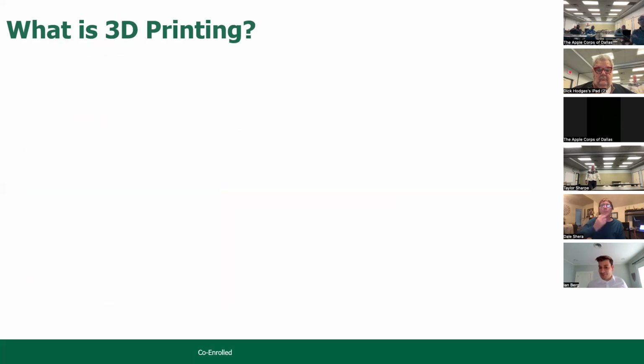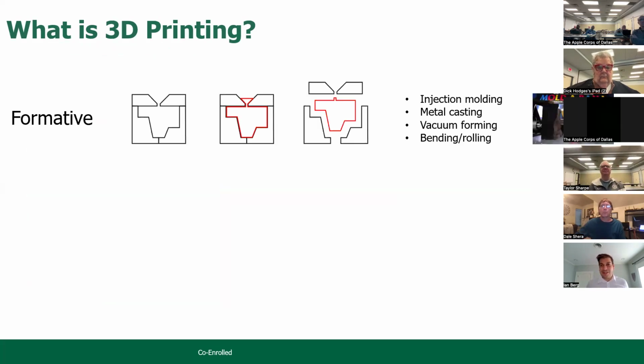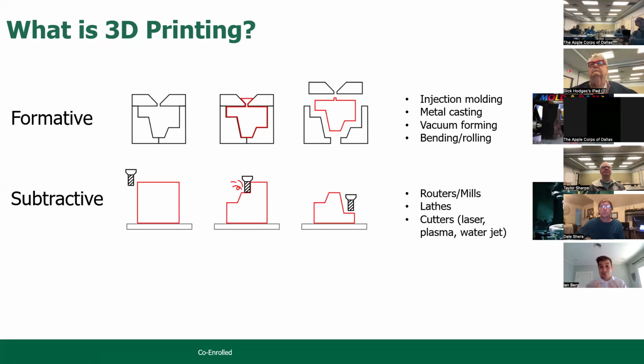So what is 3D printing? And apologies if anything here is stuff that you all know, you're never really sure what anyone's familiarity is. But 3D printing, when I introduce it, is often compared to what it is and what it isn't. So a classic form of manufacturing is formative manufacturing, right? So this is injection molding or even metal casting or vacuum forming, bending and rolling, right? You have some kind of form and then you force material in and then it takes that final form. Then there's subtractive manufacturing, right? So that's like routers and lathes where you, I lost my